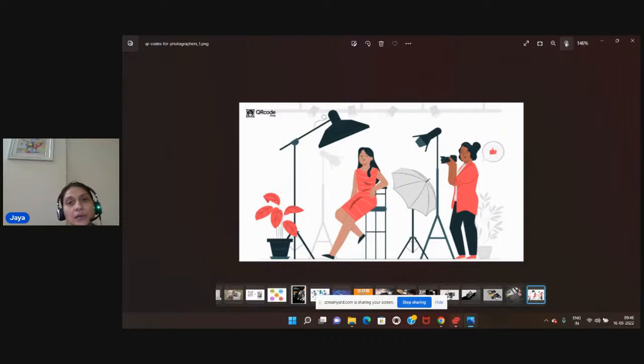So it is really important to gain more clients and more work, and to overcome these challenges, you have to use this QR code to make it easier for clients to have a look at your work. The first thing that comes to mind is how do you showcase your resume to the clients? You have done a lot of things and you have to showcase them so that you can get hired, or get that business from that particular client. So what should be your aim? That's what I'm going to explain.